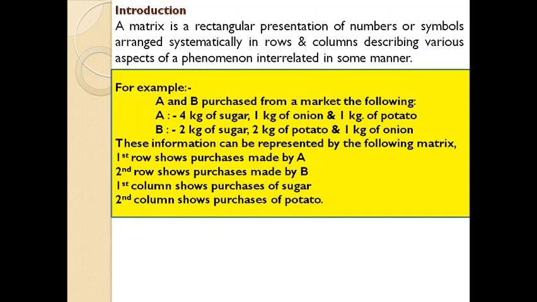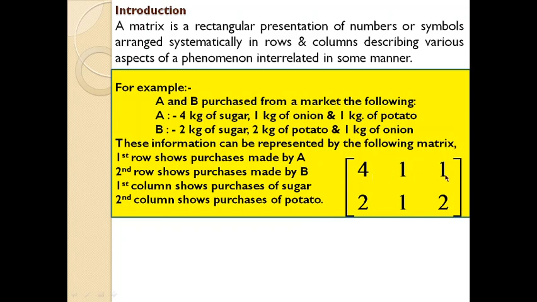So before we go into that, we have to understand that the same information regarding the purchase of two persons can be represented through a simple matrix form like this. A matrix is usually a table consisting of rows and columns and comprising within two brackets. It may be two square brackets or two lines, and that depends upon the nature of the question. You can use any type of brackets, but basically you have to follow square brackets. So remember that you have to put two square brackets outside the matrix.